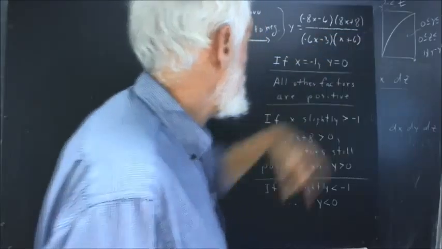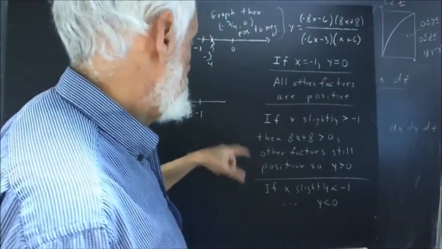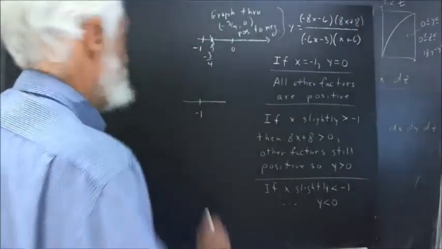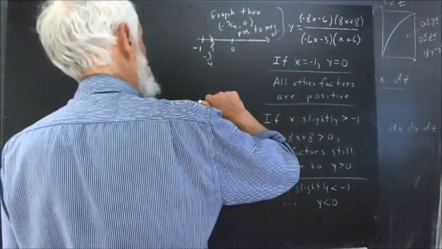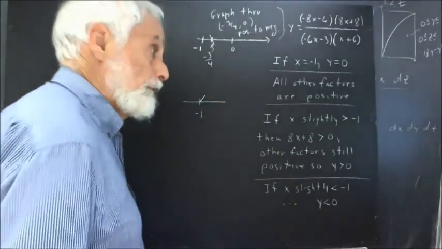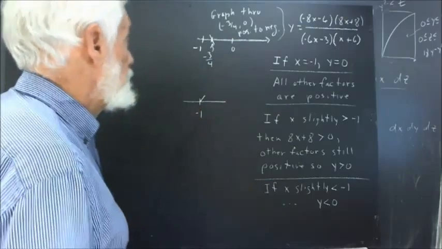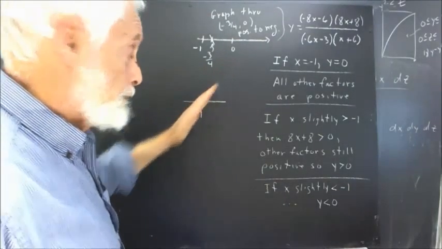And since this one's positive, that means y is going to be positive. So if x is a little bigger than negative 1, y is going to be positive. That means you're going to go from 0 up into positive numbers. Your graph is going to be going through the point negative 1, 0,